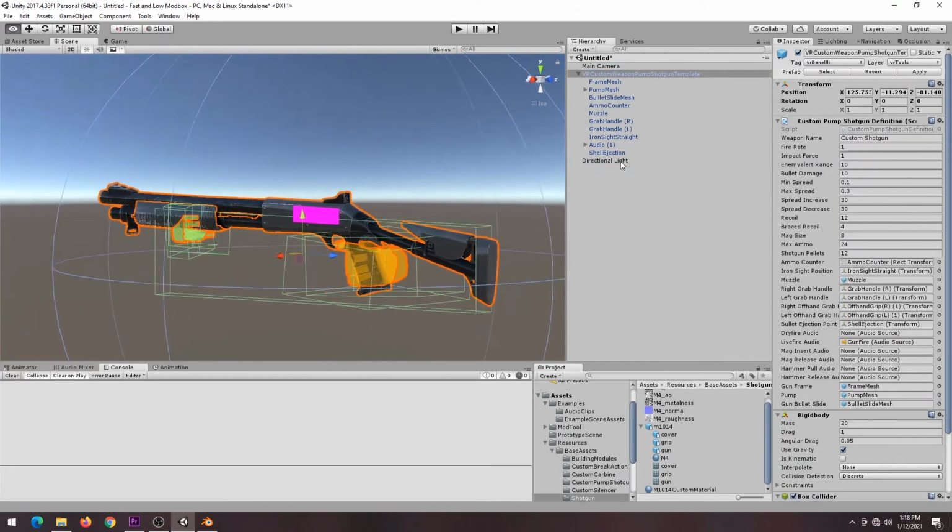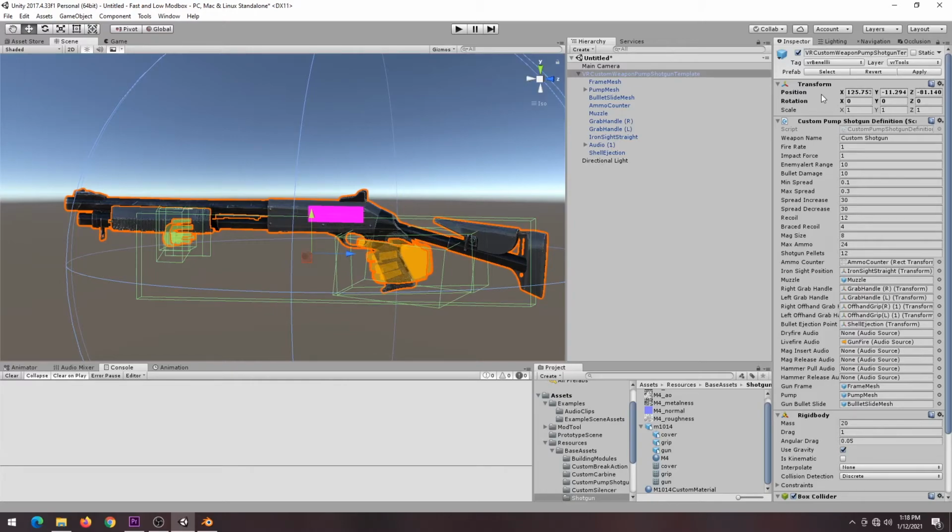We can now modify the stats for the custom weapon. To do that, click on the template and you'll find a custom pump shotgun definition. The fields are pretty self-explanatory, but I'll just go over it real quick. Here you can set the weapon name. Enemy alert range affects how close the enemy needs to be to hear your gun. So for like a silenced gun, you probably want a really low value. You can also change the recoil, the braced recoil, which is the recoil when the gun is grabbed, the size of the mag,